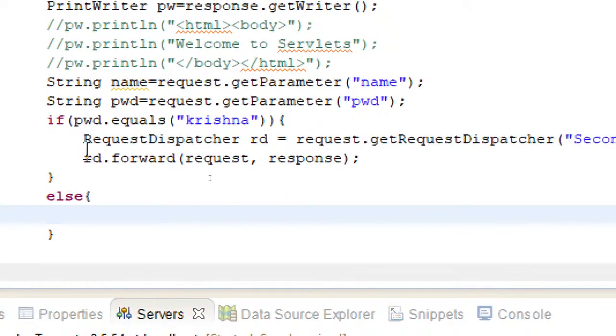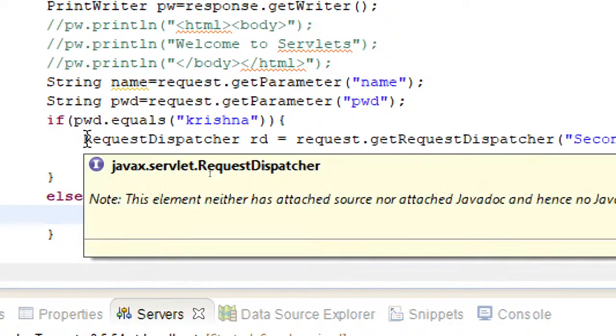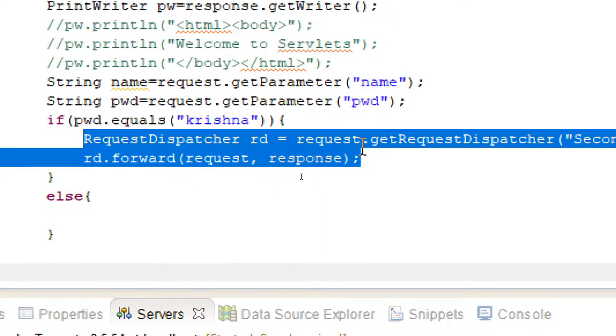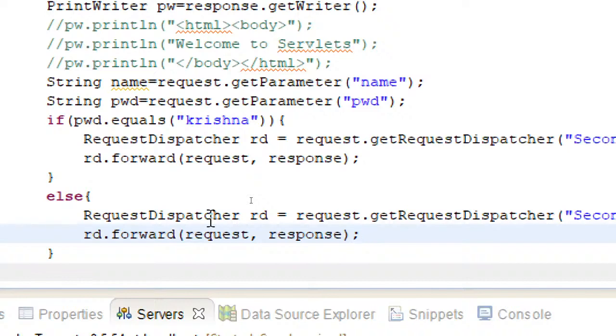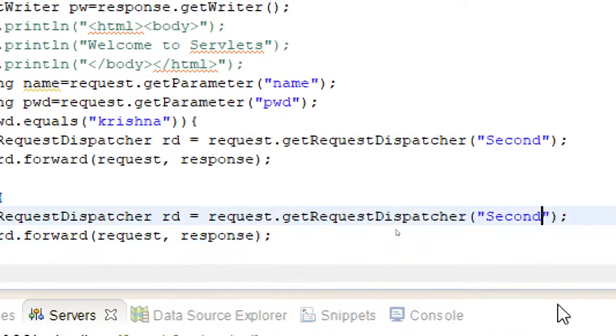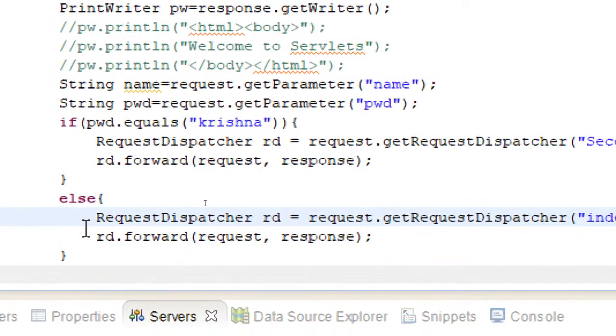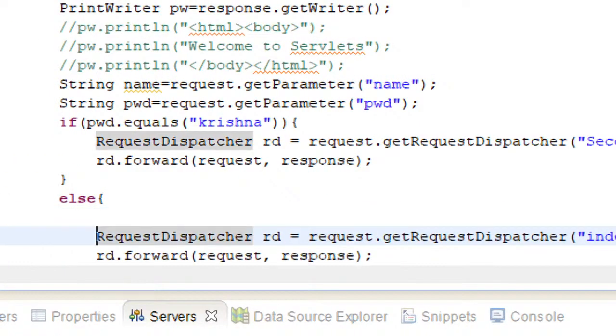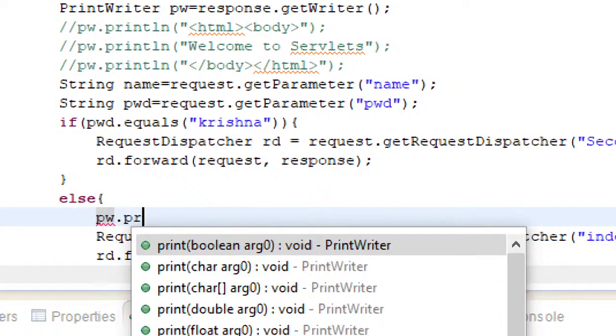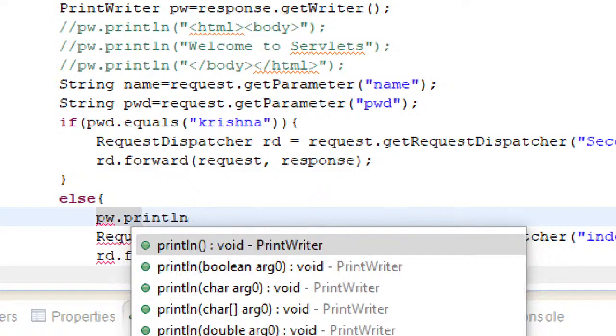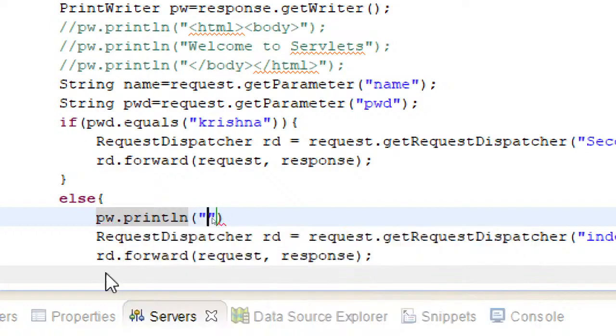So if it is not, then we'll just redirect it to the same page. So here you can see what I am doing. I'm just giving index.html itself. So if the password is not Krishna, then I'm redirecting it to the same page. And if you want, you can even provide additional information like pw.println, wrong password.